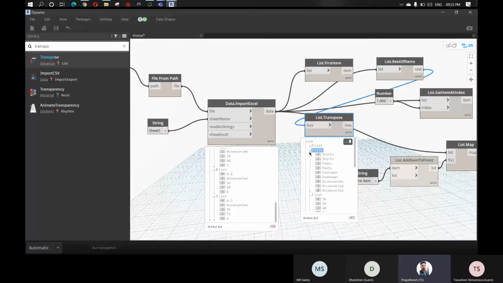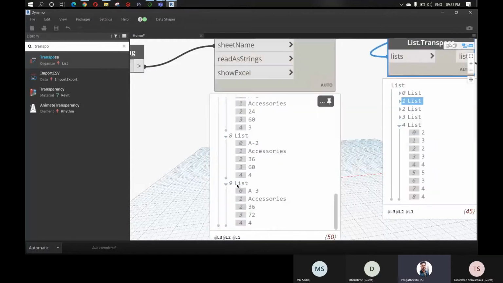Index 0, index 1, index 2, index 3, index 4, right? So 1, 2, 3, 4, 5. So this is capable of handling the same task on several inputs rather than just one input at a time. Okay, so this is some of the basics of managing nested lists.